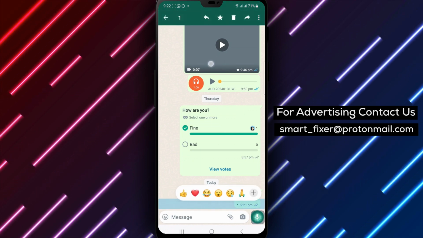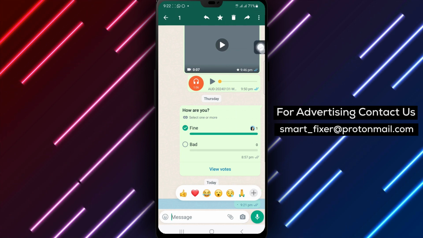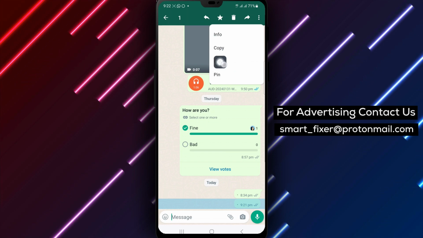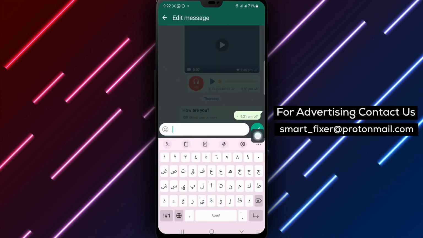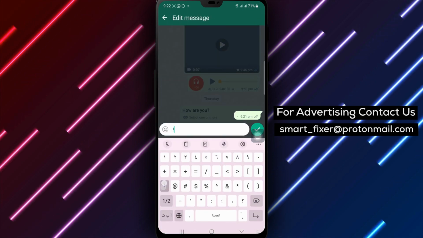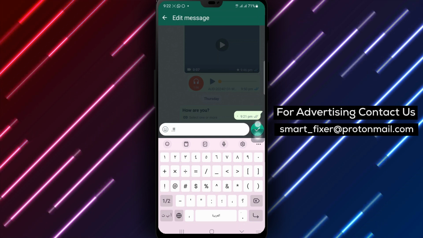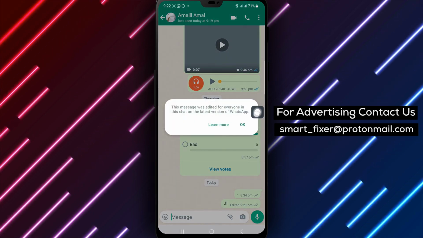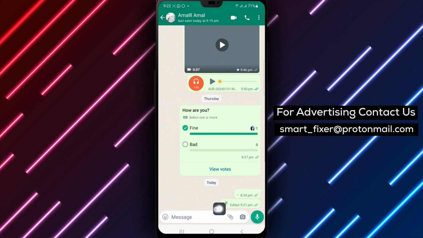Step 4. Tap the three-dot menu located in the upper right corner of the screen. Step 5. From the menu that appears, select Edit. Step 6. Fix any typos or enter a new message, and then tap the check mark beside it to save the changes. Step 7. It's important to note that the recipient will only see the new message with the edited